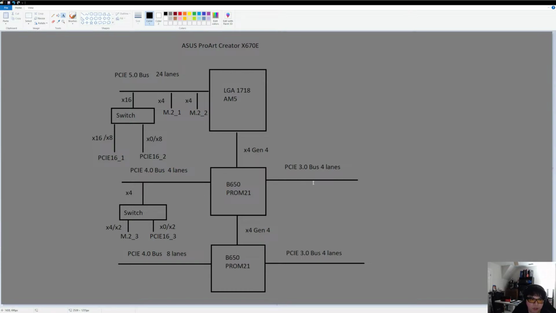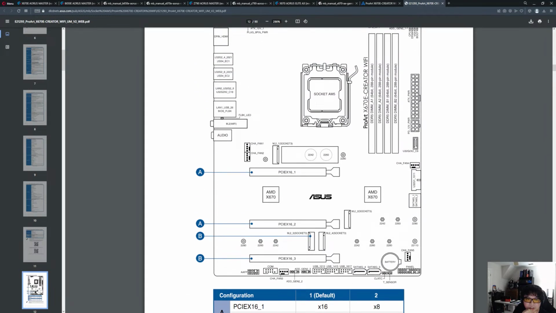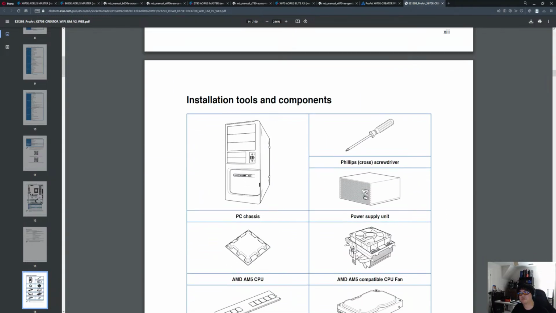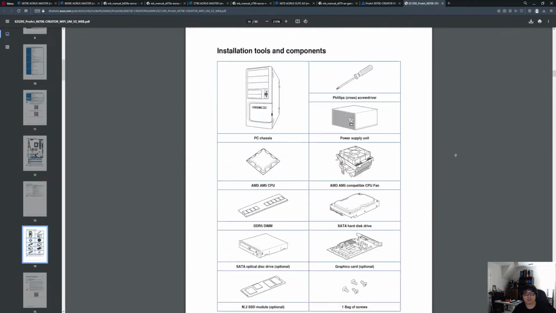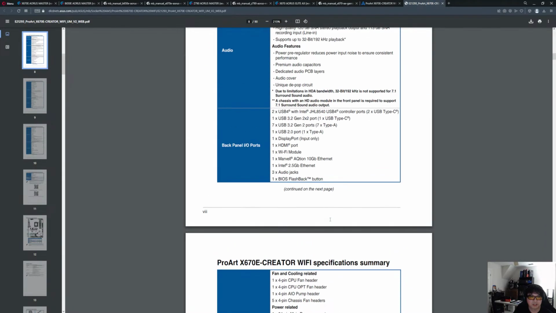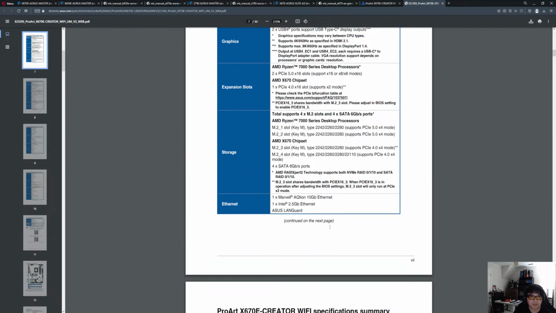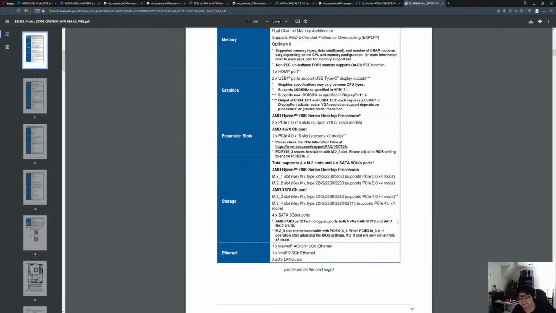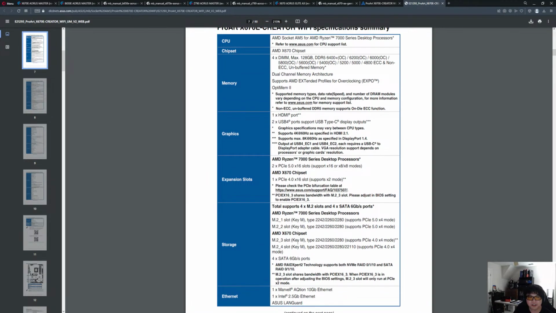So now for the PCI 3.0 bus. Now this is where it could get tricky. I've got to think about this because the motherboard has 4 SATA interfaces. What I want to know is what do they label the SATA drives as? Because that could be a key indicator of how ASUS is doing their lane allocation. What's cool about ASUS is a double-edged sword. It's bad because they don't give you the block diagram, so you don't know 100% how it's wired internally. But what's cool is that people like me get to play a guessing game trying to figure out